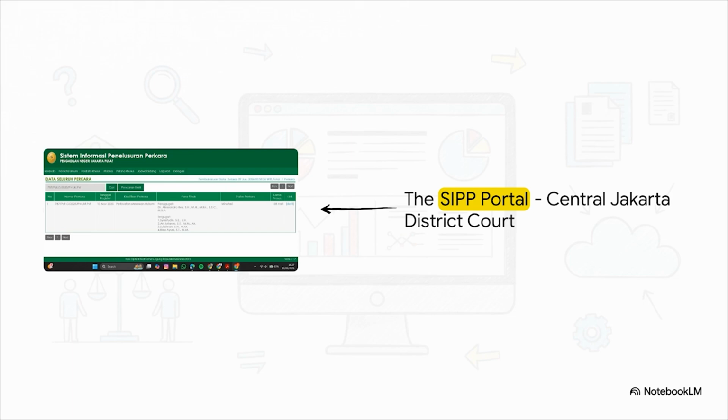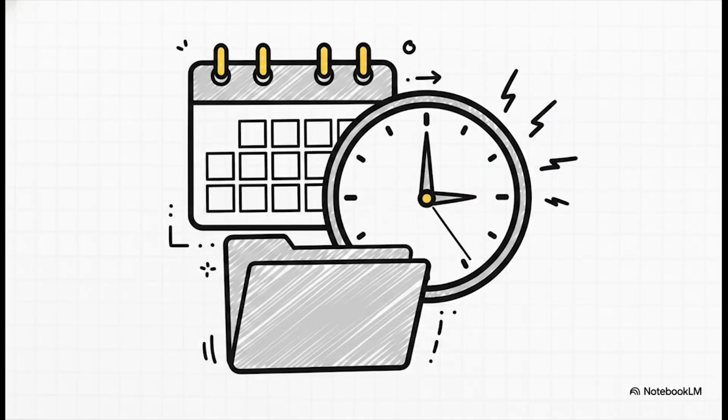And listen, this isn't just any local courthouse. Central Jakarta is an absolutely critical hub for major Indonesian civil and commercial litigation. When cases land here, they usually involve really high stakes, complex corporate disputes, or significant civil matters. So while the interface might look like just a simple spreadsheet, it's actually the digital heartbeat of the Indonesian justice system. Our target today is solely case number